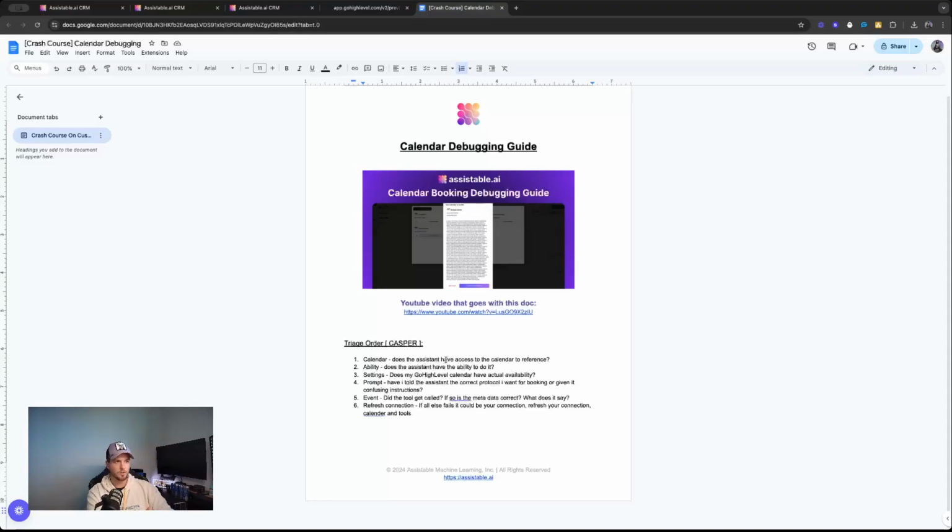And then last, going through everything else: if everything else is great, just refreshing the connection, a fresh OAuth reset, refreshing the calendar, refreshing the tools could make a lot of the difference. So it's kind of cheesy, but those are really the 6 things to go down on calendar booking. Now I'm going to go into the sub account with a blank assistant with zero prompting,